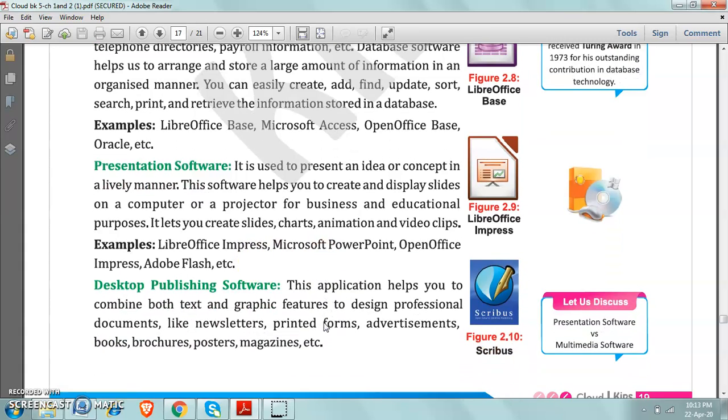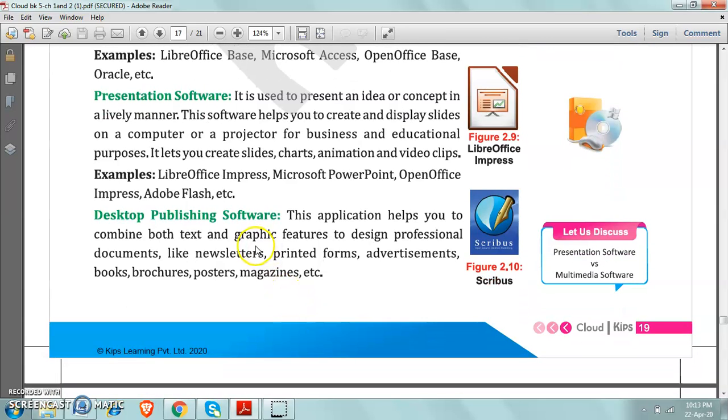Now come on, next, desktop publishing software. These kinds of software are also very important to make the computer work. This application helps you to combine text and graphic features together to design professional documents, newsletters, printed forms and advertisement, books, brochures, posters and magazines.